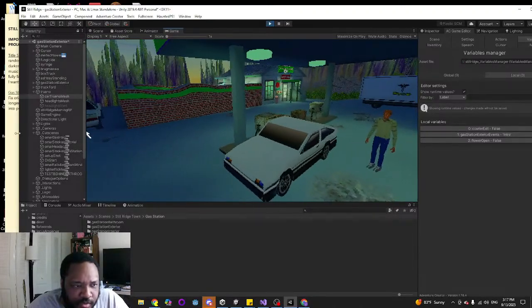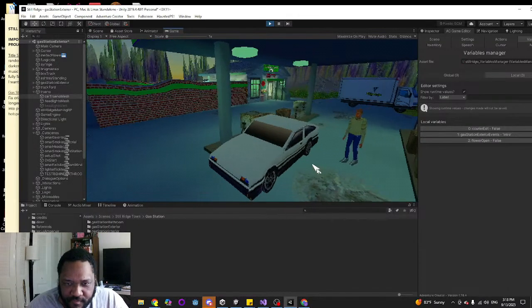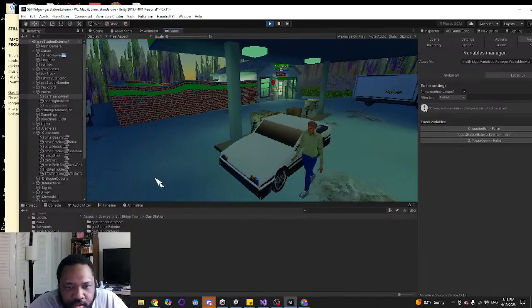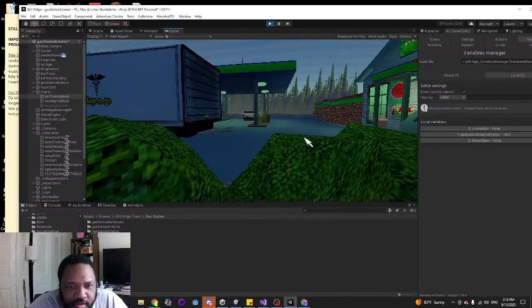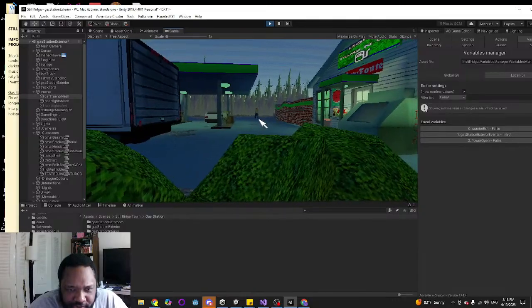All right. So I want to add hotspots to the car and gas pumps. And oh yeah, I also have to do something about these weird camera angles.